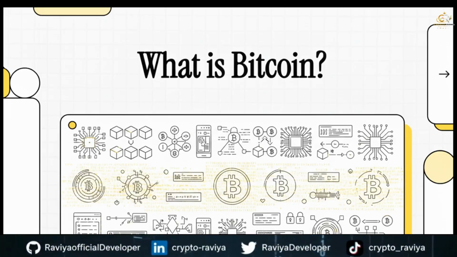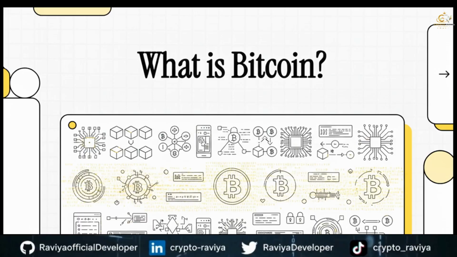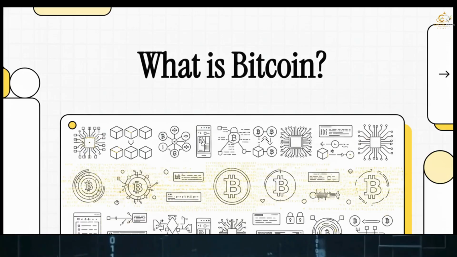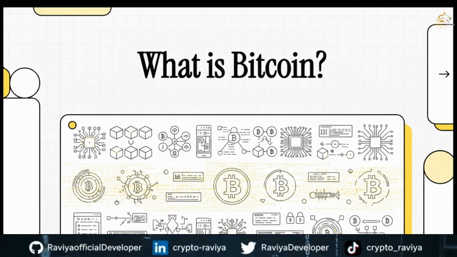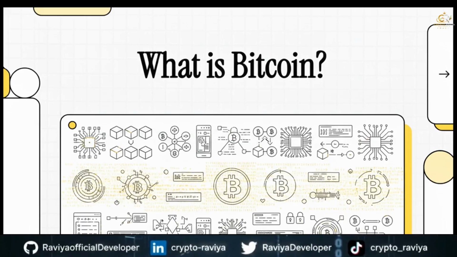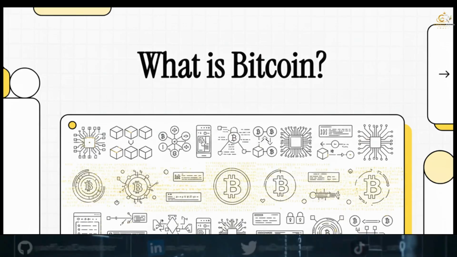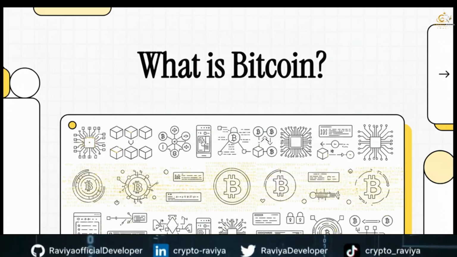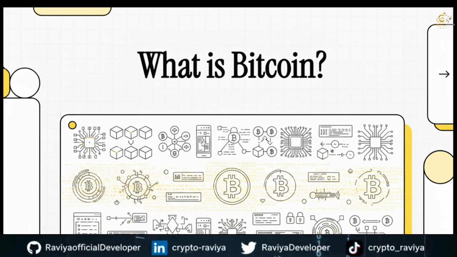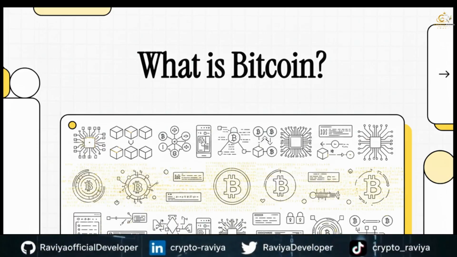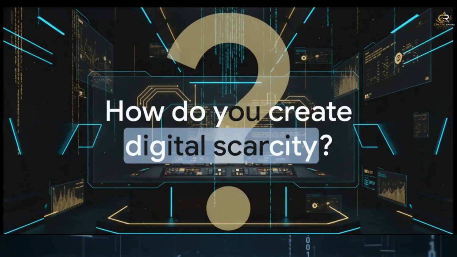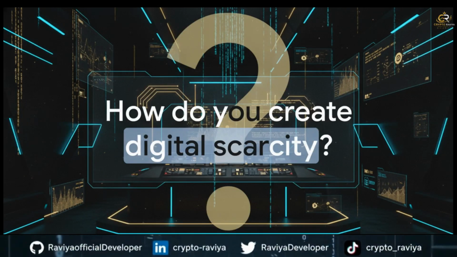Today, we're skipping the price hype entirely and popping the hood on Bitcoin. We are getting right into the math, the cryptography, and the actual code that gives Bitcoin its title as the ultimate digital gold. I'm super excited you're here because we're going to deconstruct exactly how this decentralized peer-to-peer cash system actually ticks. So before we get into the nuts and bolts, we really have to look at the massive hurdle